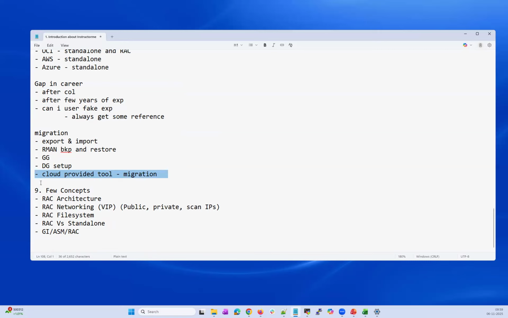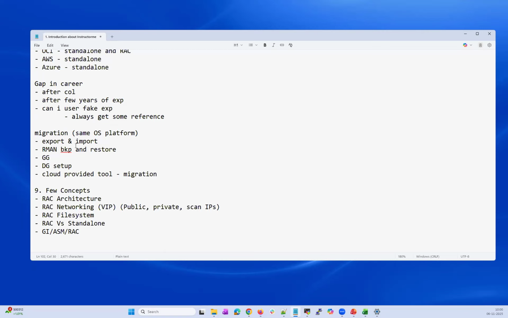And other than this, the complexity here is the migration across the same OS platform or not. Let's say in my local data center my database was running on AIX and I want to migrate it to cloud on RHEL or on Windows.